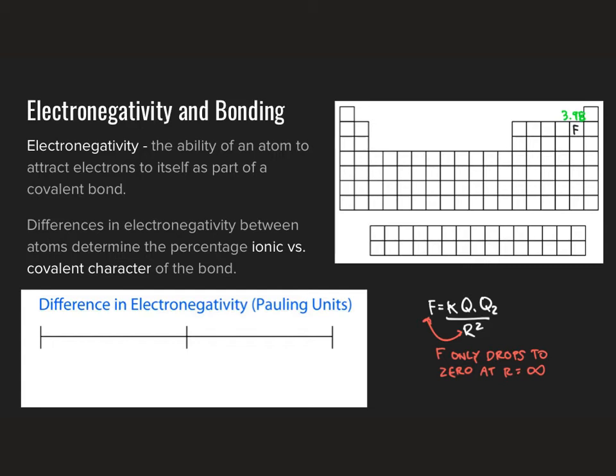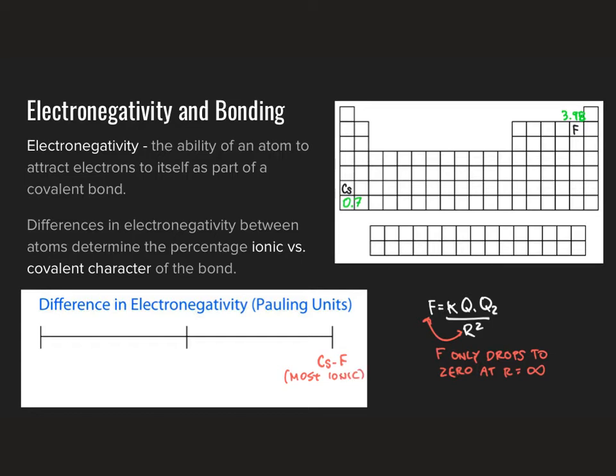And the atoms with the lowest electronegativity, that is the atoms with the weakest hold on their own electrons, were cesium and francium down in the bottom left-hand corner of the table. Cesium in particular has an electronegativity of only 0.7 Pauling units. So the cesium to fluorine bond would be the most ionic a bond could possibly be. That is, those electrons are being shared in the most